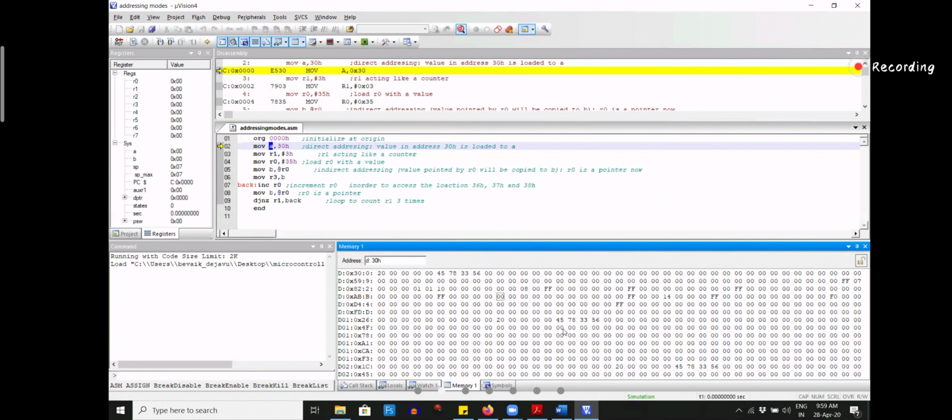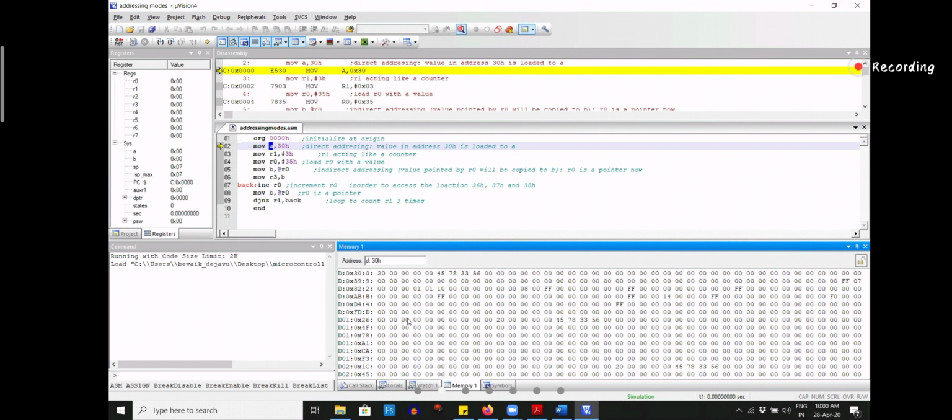I have just entered the values in the 30th location, 35, 36, 37 and 38th location in order to check how this program is working in the memory location. And this is how you do it. D means your data memory. If you write C, it will come into code memory. C colon 30H, you will come to code memory. That will not be data memory.